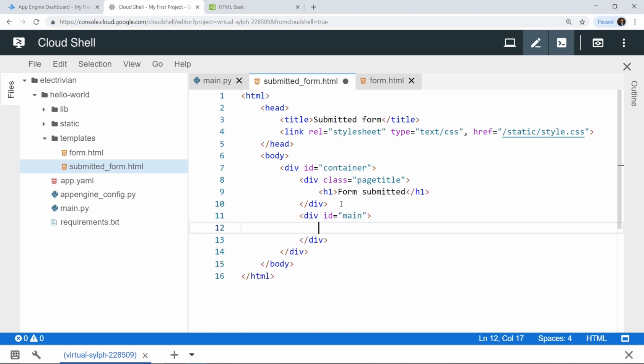So now inside this div, let's create a new paragraph tag. Okay, so we have p over here, and then we also have /p. First of all we want to thank the user for that particular user submission. So we have thanks for your submission.